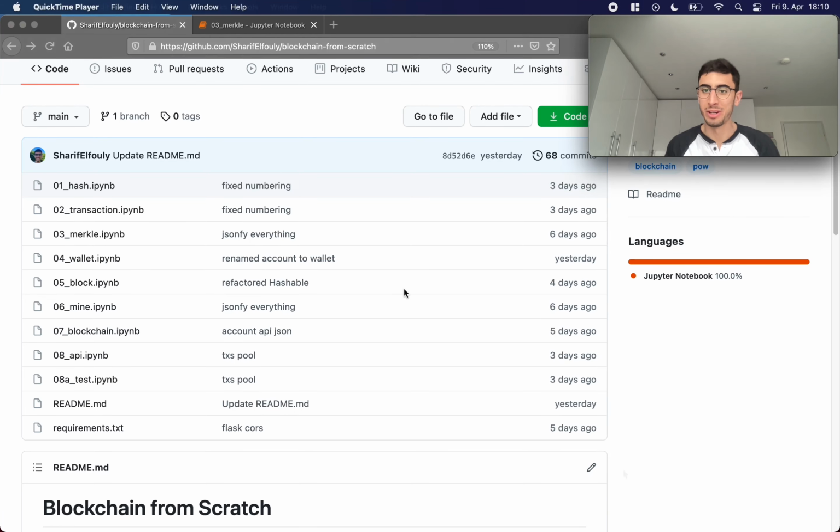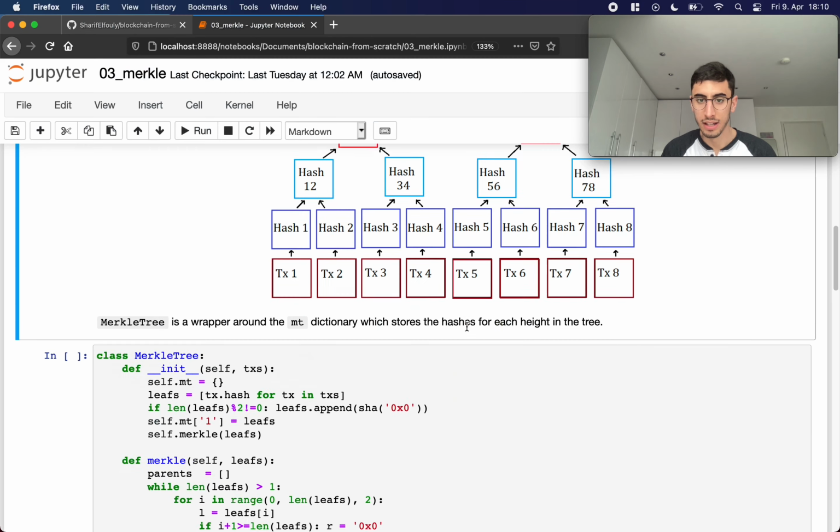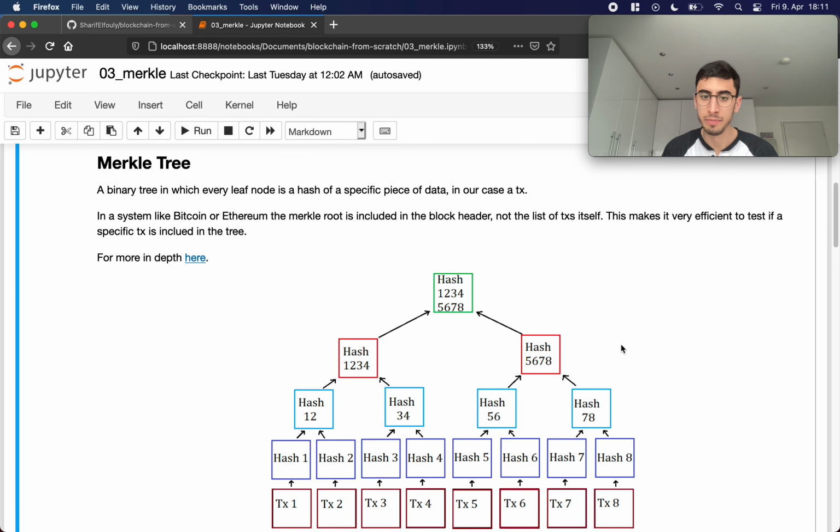Part number 3, welcome back. We're going to combine what we did in 01 hash and 02 transaction to create a Merkle tree. So a Merkle tree looks like this. It's a binary tree and all its children are, in our case, transactions. So we're going to create a Merkle tree from transactions, and we're going to build a Merkle tree in the